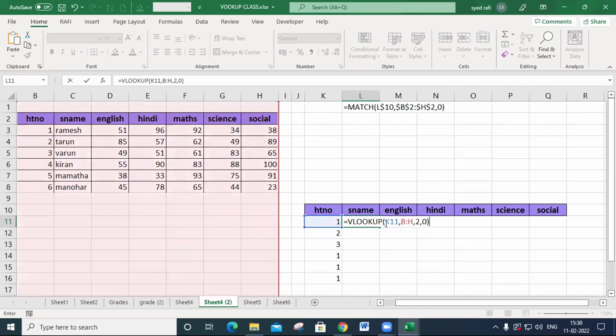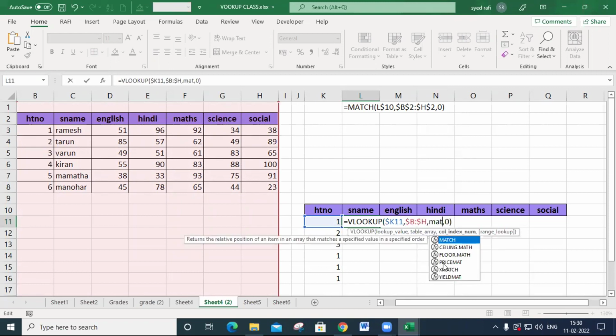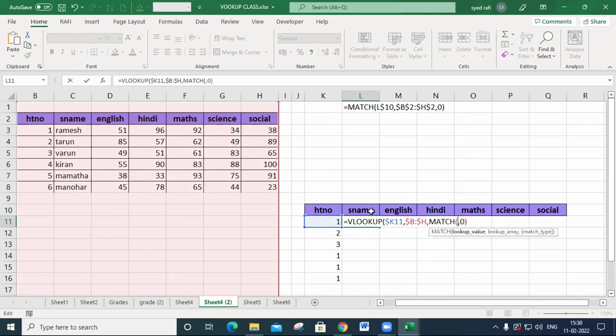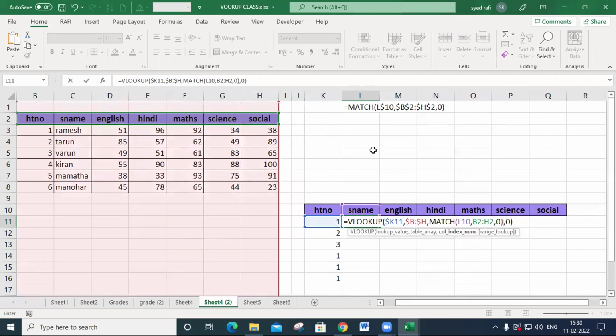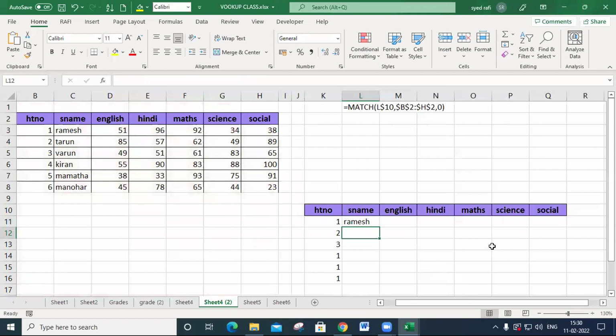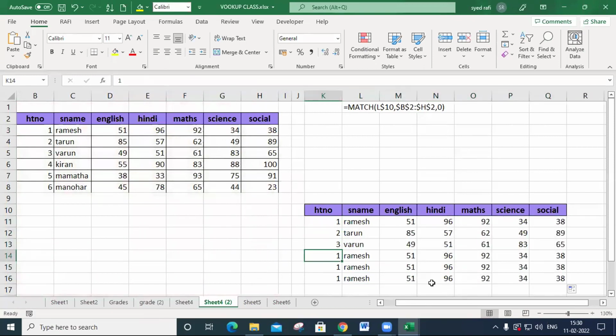So I finish the VLOOKUP, and in VLOOKUP, the first parameter column and the data source must be made constants. At 2, you place a MATCH, and you select this one, comma, select this region, comma, exact match, bracket close. In MATCH, the row and the data source must be made constants, and press enter. Very simple. Automatically you get the correct answer when you change like this, whatever it may be.